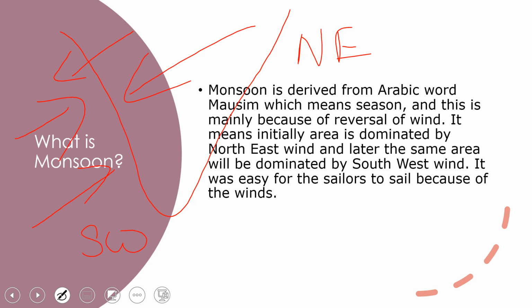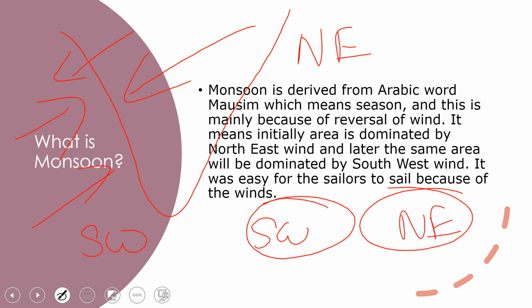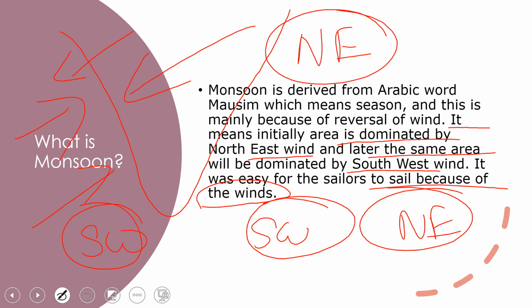That's why, when sailors used to come to the Indian peninsula in the earlier days, they came through the southwest wind and went away from the peninsula of India with the help of the northeast wind. The same thing is mentioned here. It means initially the area is dominated by the northeast wind and later the same area will be dominated by the southwest wind. It was easy for the sailors to sail because of these winds. Coming of the monsoon was from the southwest wind, retreat of the monsoon was from the northeast wind. Okay,